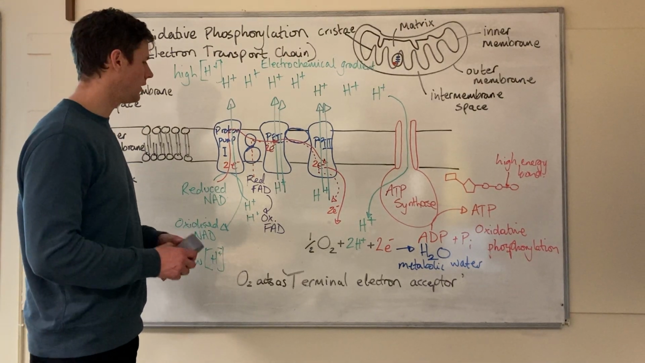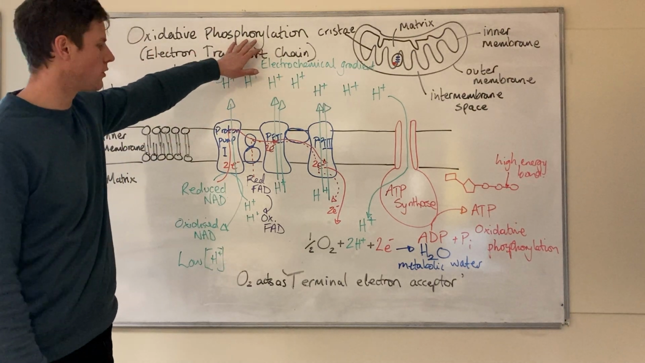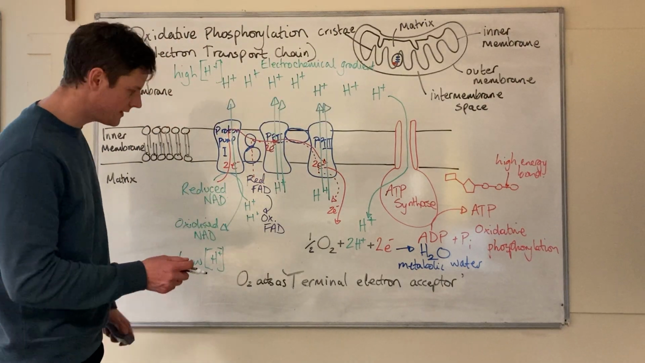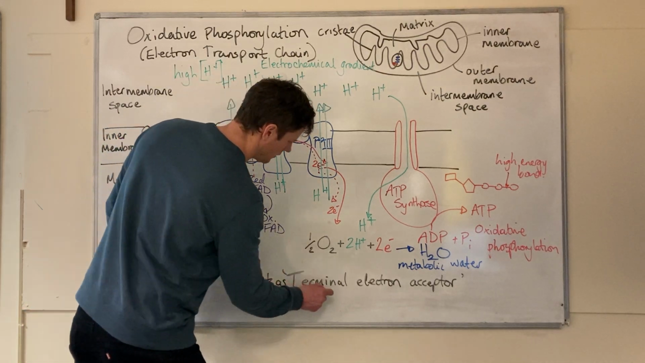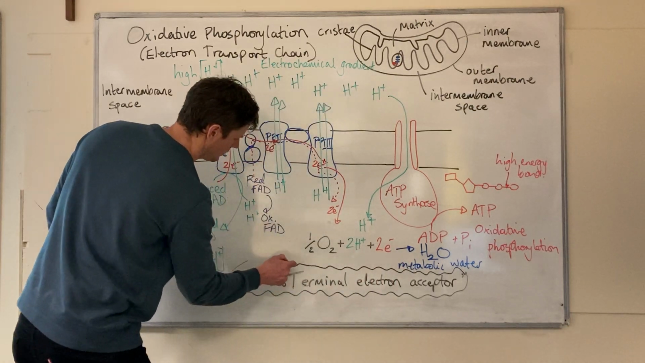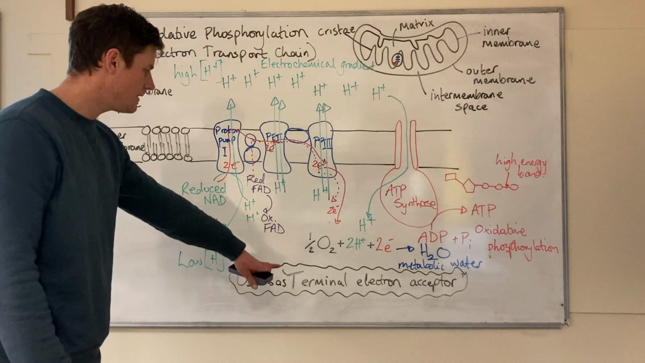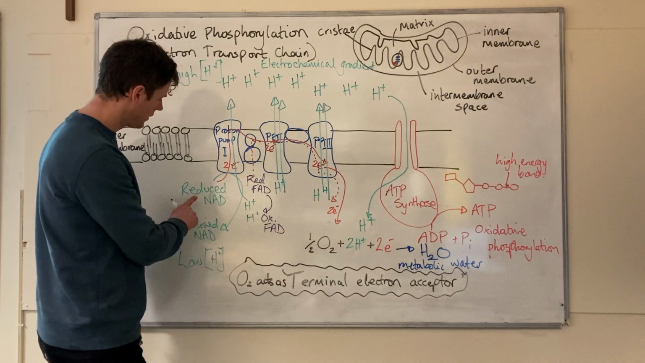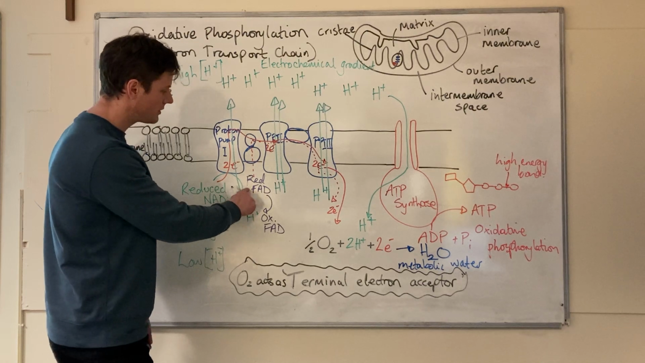Hello again. Okay, so in the third video, I explained what happens during oxidative phosphorylation. I want to emphasise the importance of oxygen acting as the terminal electron acceptor. The reason this is so important is because it allows the accumulated reduced NAD and accumulated reduced FAD